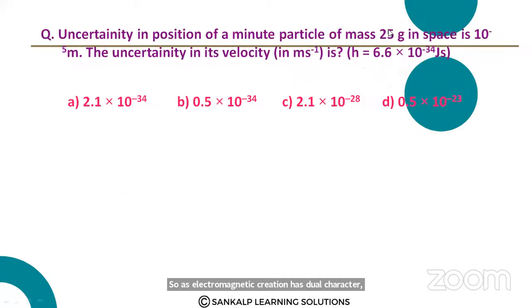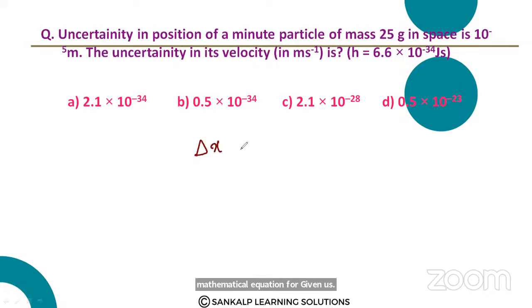Next we are going to solve some questions based on uncertainty. The uncertainty in position of a minute particle of mass 25 grams in space is 10 raised to minus 5 meter. The uncertainty in its velocity, that is in meter per second, is. So they have asked what is the uncertainty in velocity. We know the mathematical equation for uncertainty, which is given as